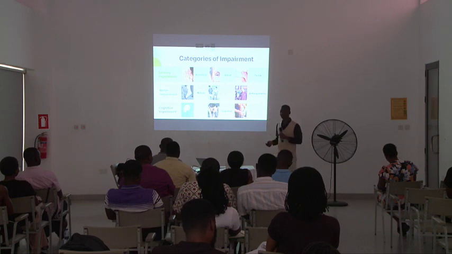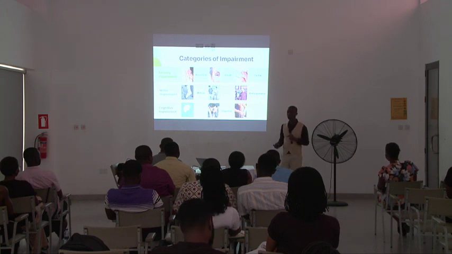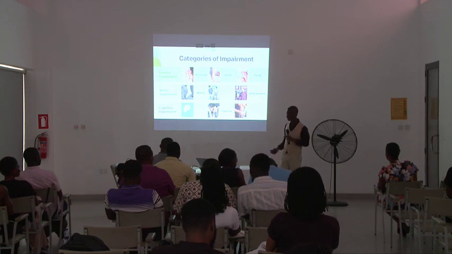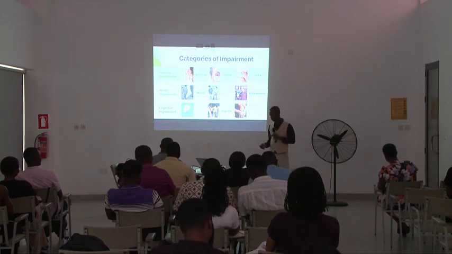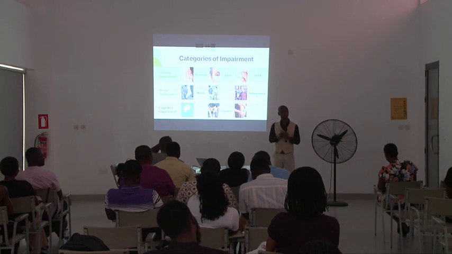And at times when you are too tall, you are a person with disability. When you are too short, you are a person with disability. But I've not seen any too tall person here. A giant is also an abnormality. Dwarfism is also an abnormality. So we have to design for them.